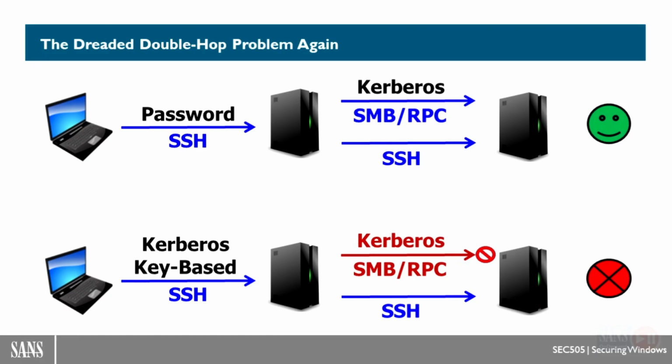So that at the top you authenticate with the password, the jump server gets a ticket-granting ticket for you, and now you can use Kerberos or SSH key-based or password-based authentication to access other machines. Whereas down at the bottom, you might prefer to use key-based authentication to access your jump server instead of Kerberos, because now you can use SSH again to access the third machine on the right-hand side, and it'll work assuming that the SSH agent is running on all the machines,